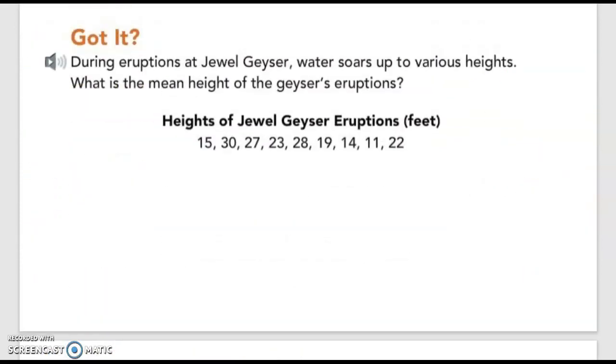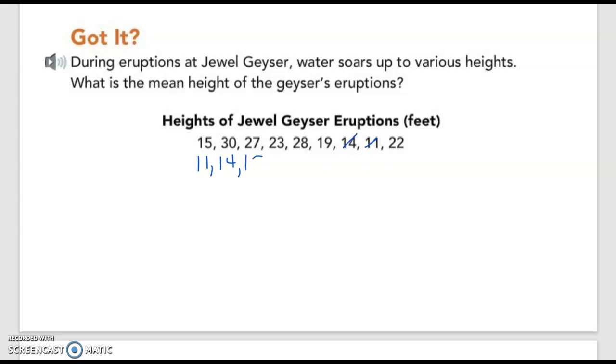Let's look at the next example. During an eruption, the Joule geyser's water pours up to varying heights. What is the mean height of the geyser's eruption? I see my data listed, but it is not in order from least to greatest. Though I don't need that information to calculate mean, I'm going to go ahead and place them in order from least to greatest. So we have 11,